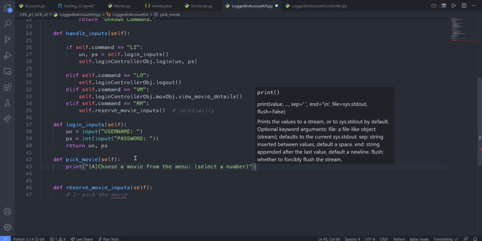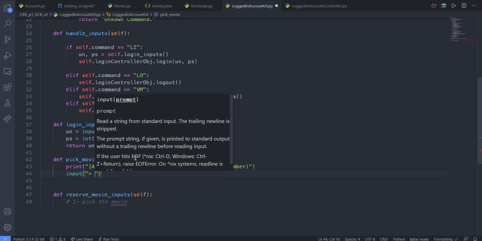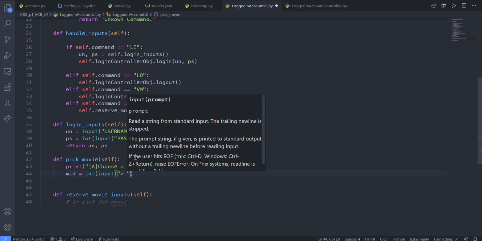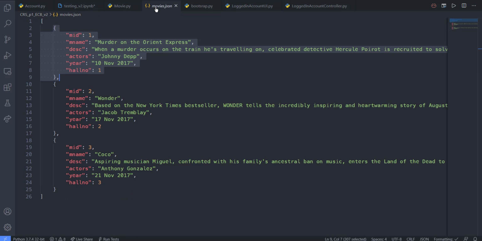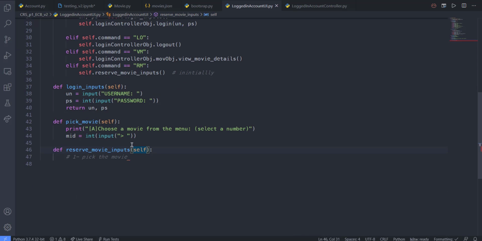All right. So now we're going to take the input, and that input should represent the movie ID. It's going to be a number. Remember, in movies.json, we said that the first movie is in hold number 1. So typically, if the user chose movie ID number 1, then he chose this movie, and so he chose the whole number 1. That's the point of having everything aligned like that. So we are going to take the movie ID as an input, but first of all, let's display